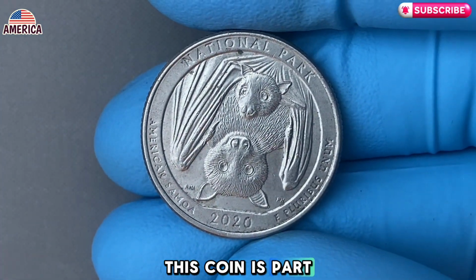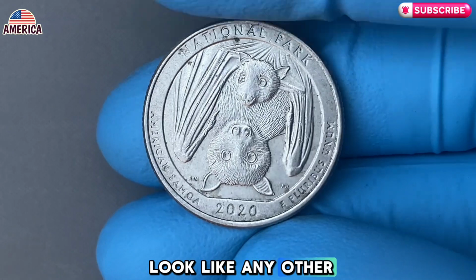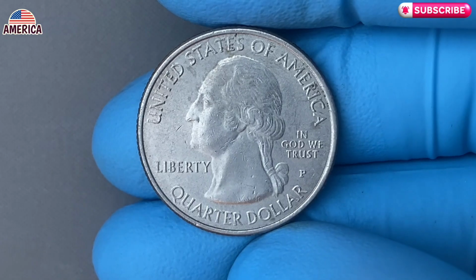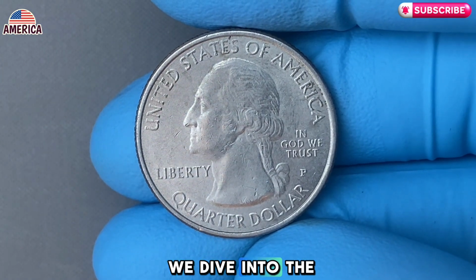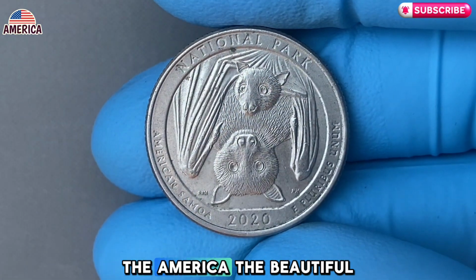This coin is part of the America the Beautiful Quarters program, and while it may look like any other quarter, trust me, there's more to this coin than meets the eye. Stick with us as we dive into the story, design, and incredible value of this coin,